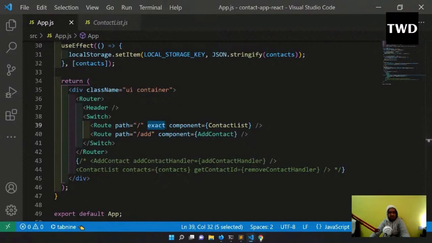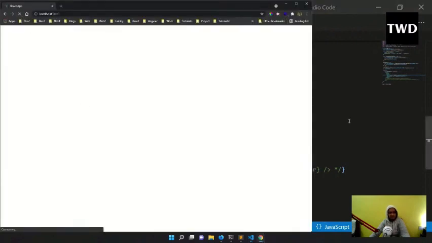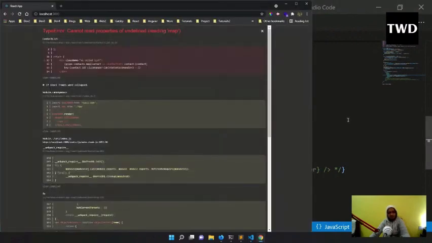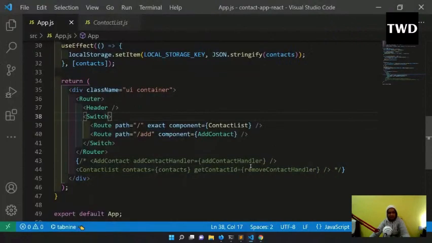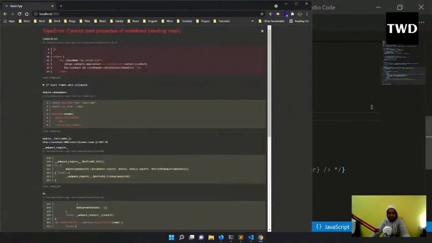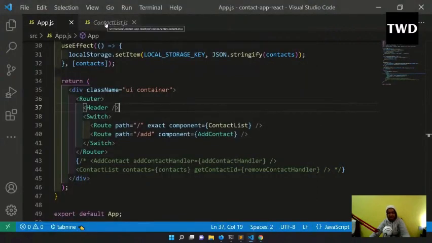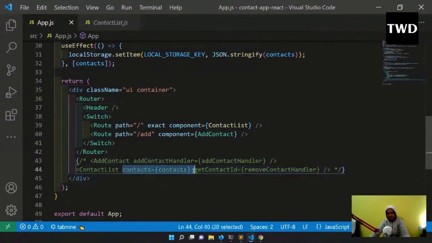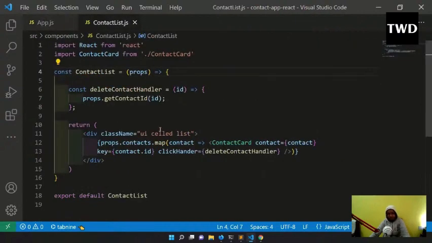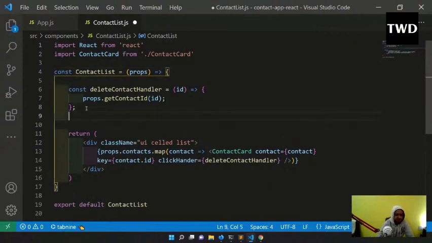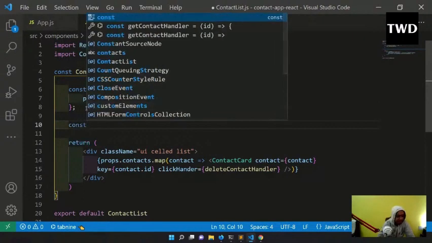If I come here, I'm not seeing anything, because earlier we had this map. This map was showing because it was getting data from our app. We were passing it as a prop like this, but right now we are not passing it as a prop. So what to do? For temporary time we are going to do one thing. At least we want to see something, so we will create a temporary